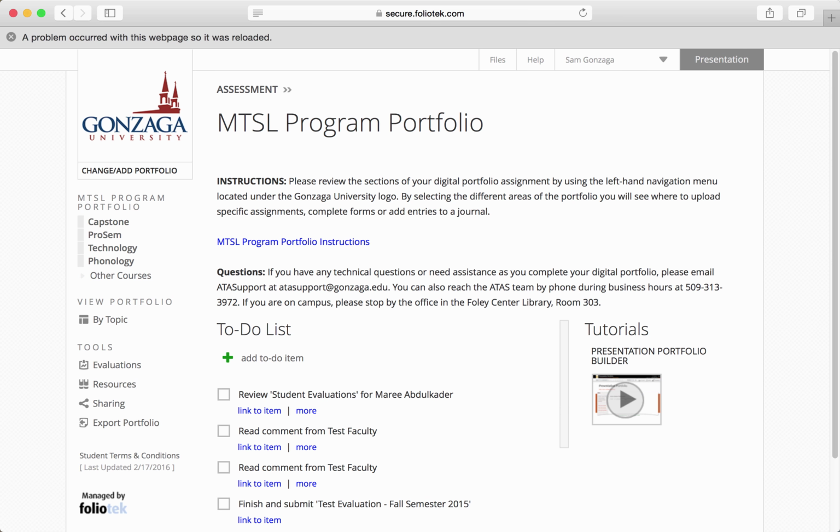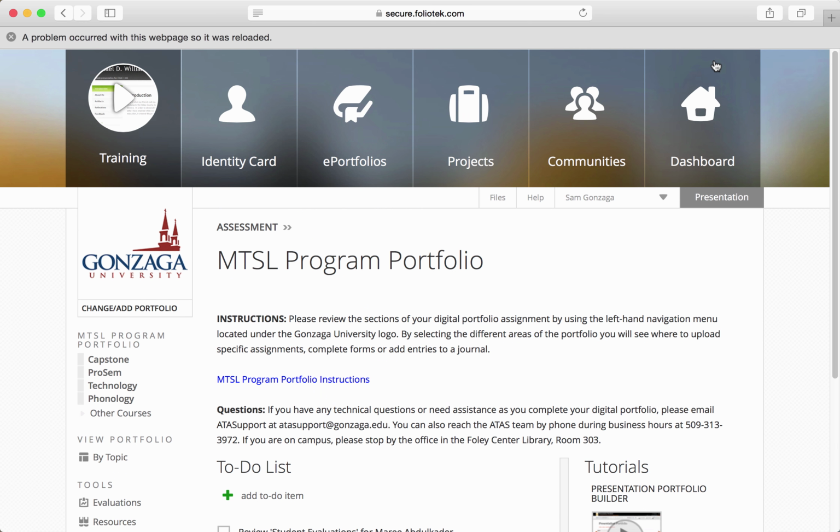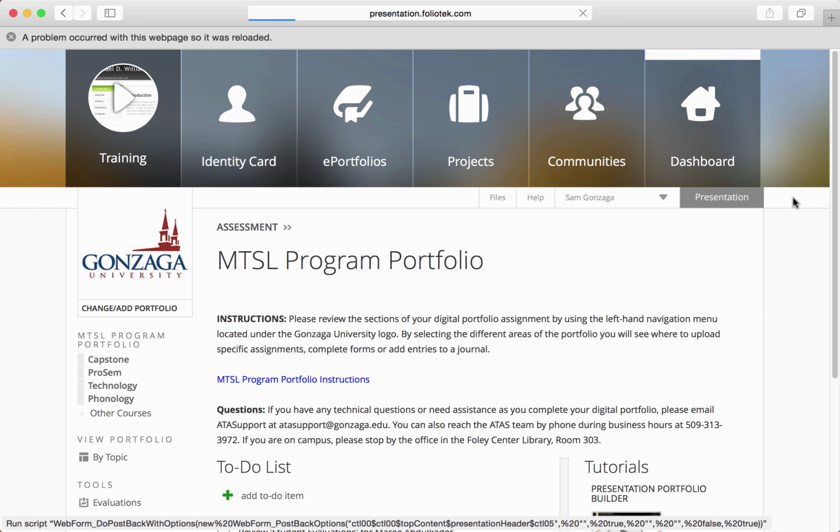Once you have your evidence and work uploaded and organized into the assessment portfolio, and you've done all of your peer reviewing with your classmates, it's time to move your content over to the presentation portfolio. We're going to now click on the tab that says Presentation in the top, and we can go into the